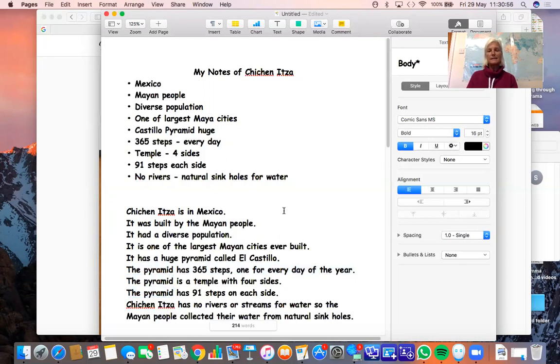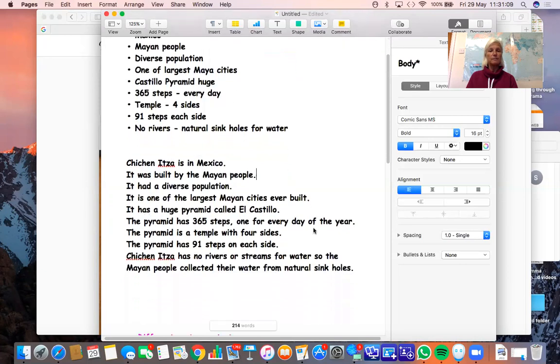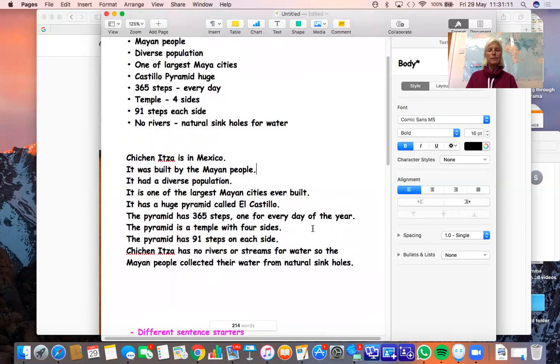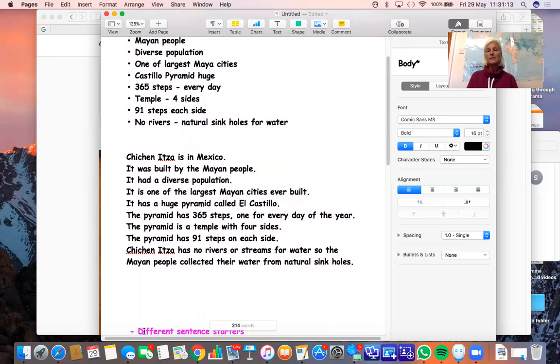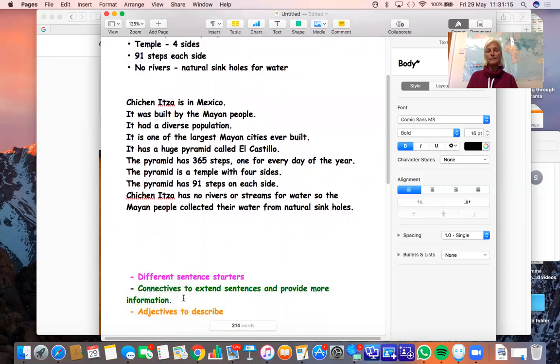When you're writing sentences, you want to try and make sure that the beginning of each sentence starts in a different way. So I'm going to try and start again with the sentences I've written. I'm going to try and make sure that each sentence starts in a different way.